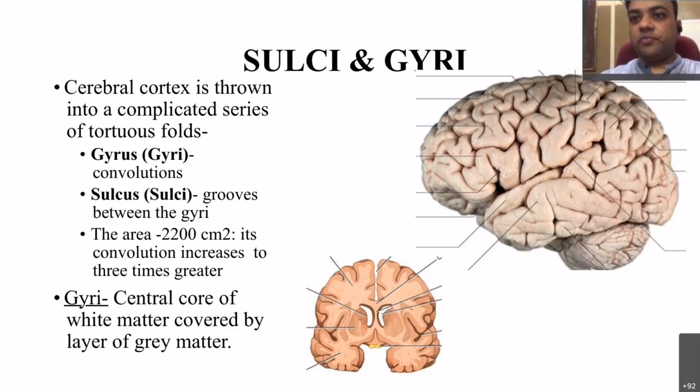Fine. We'll focus on gyrus. So gyra have a central core of white matter, and this central core of white matter is covered by a layer of gray matter. You can see in that coronal section, the outer layers are darker as compared to the core, which is pale in color. So the pale area on the inner side is the white matter, and the outermost is the cerebral cortex, that is constituting the gyri.